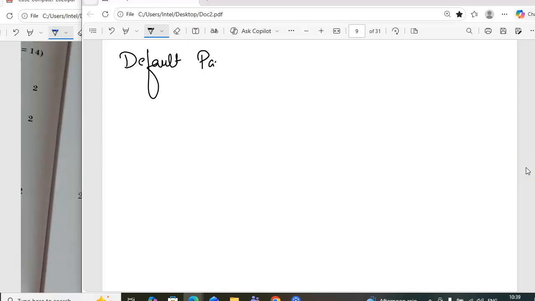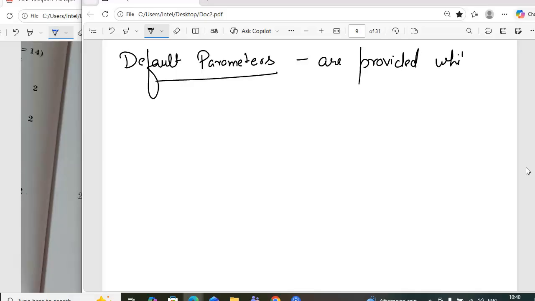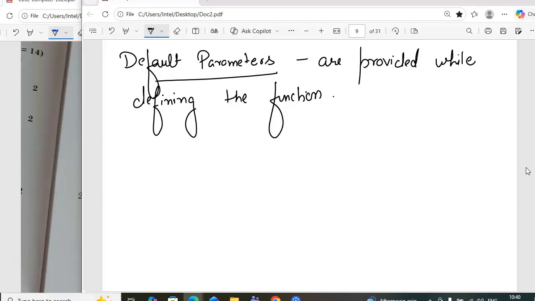So first I am writing default parameters. As we all know, default arguments or default parameters are the values that are provided while defining the function, and it is always on the right.